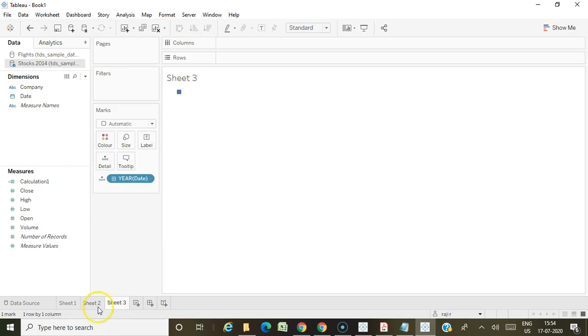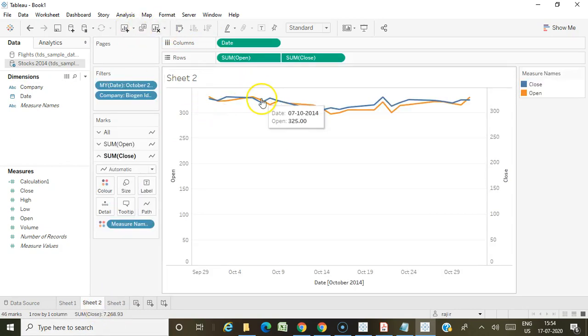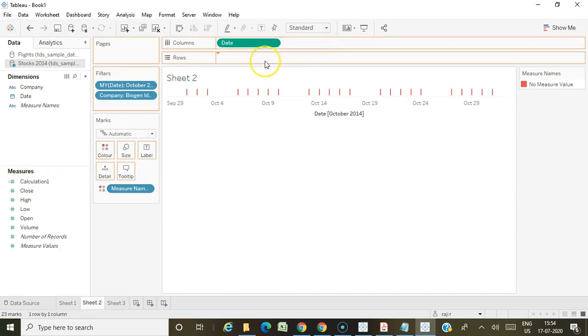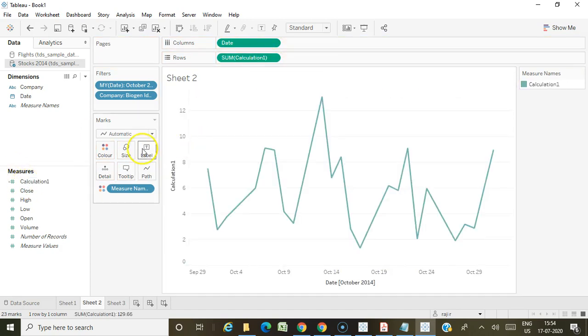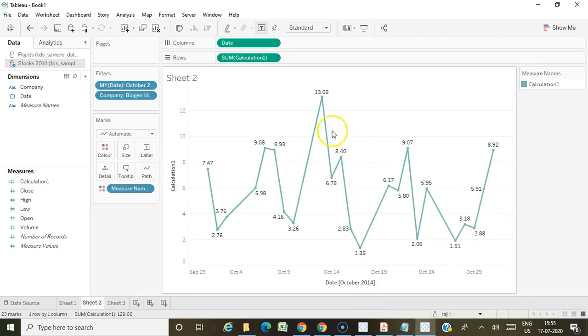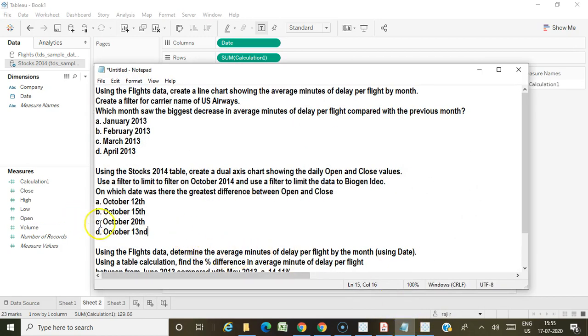For here itself, let me remove this and choose the difference. Which date was there the greatest difference between open and close? So 13.5 was the greatest, and it is on October 13. So the answer is October 13.